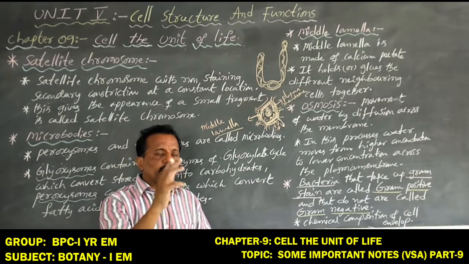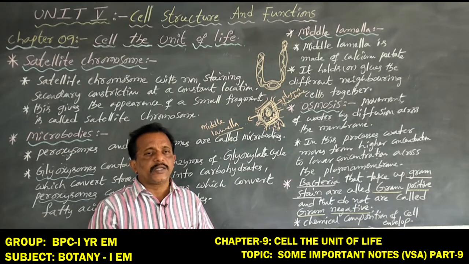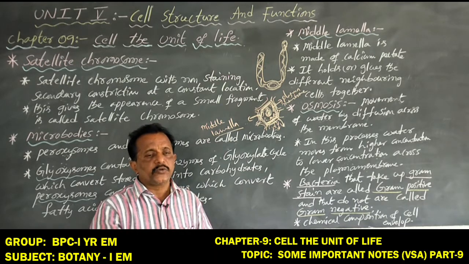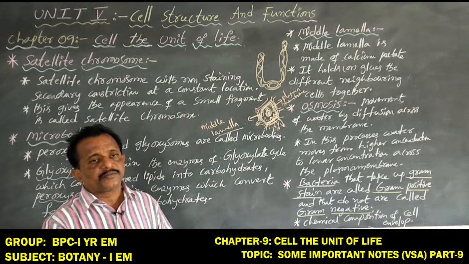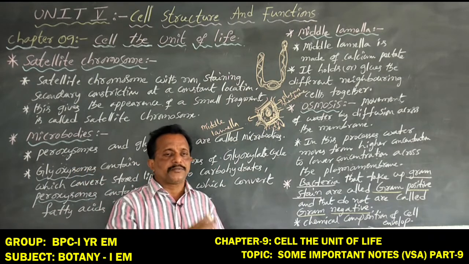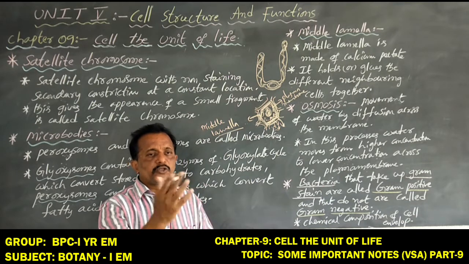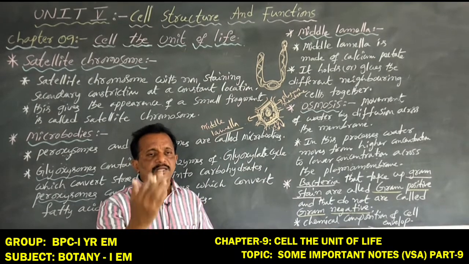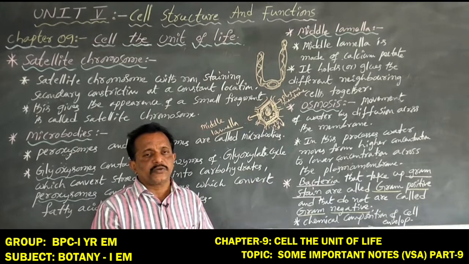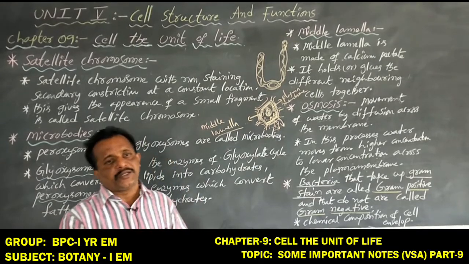This phenomenon was first observed by Christian Gram, who used one colorful pigment, one staining solution, that is crystal violet solution. This crystal violet solution was spread on the bacterial cell walls. On one type of bacterial cell wall the crystal violet solution was taken up, on another type it was not. Hence one is gram-positive bacteria, another one is gram-negative bacteria.